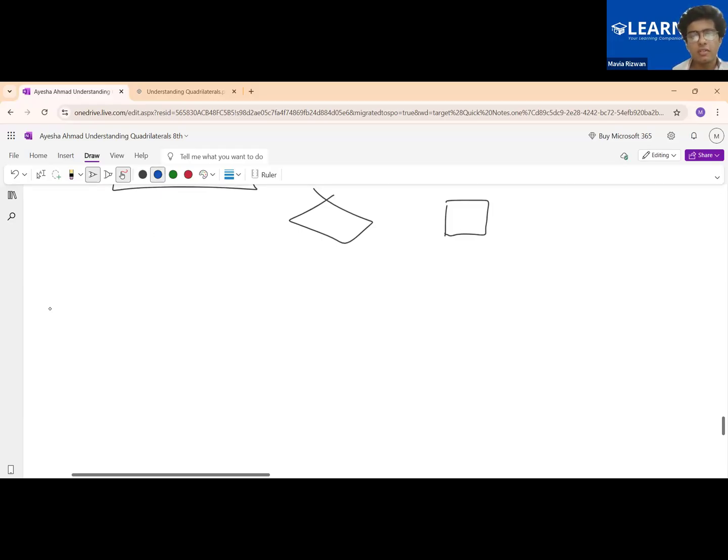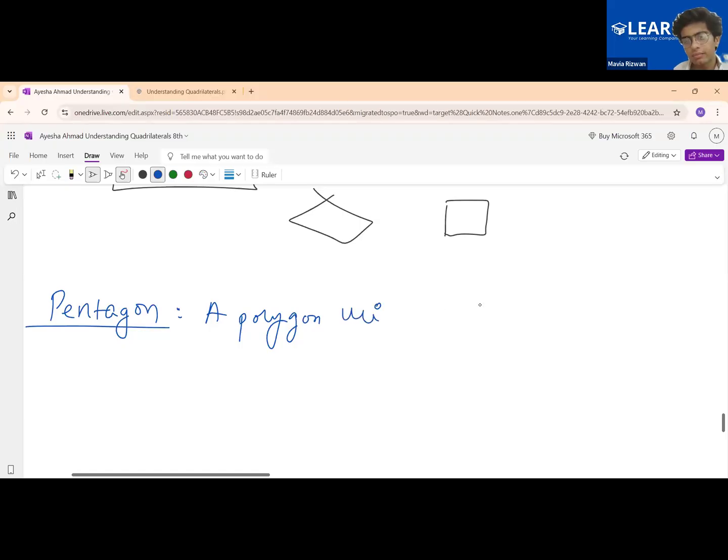Now the next is we have a pentagon. Pentagon, a polygon with five sides. Pent means five. A polygon with five sides. So this is a